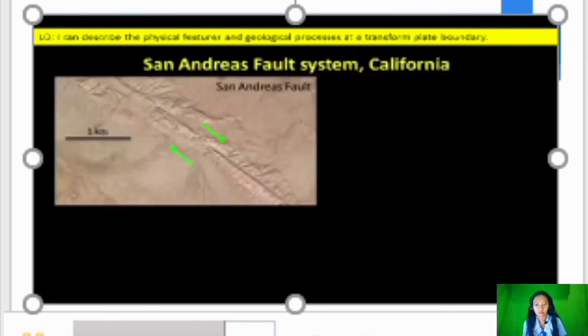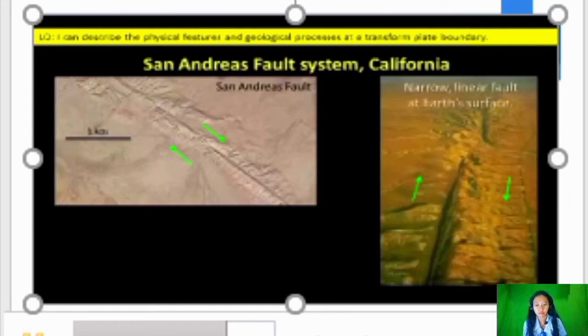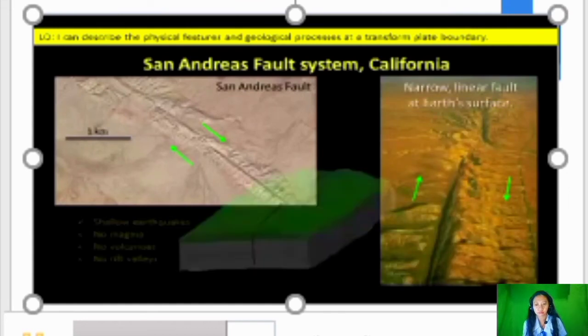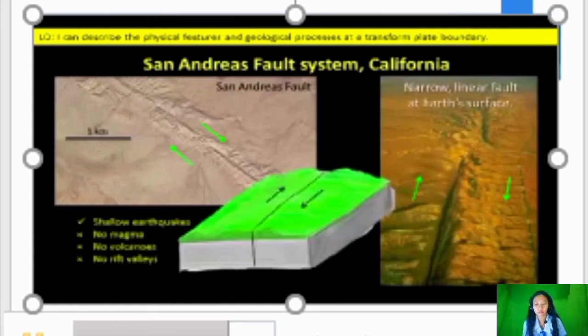Examining the feature on the ground may reveal a linear fault scarp produced by erosion along the line of the boundary, or may just show a relatively nondescript surface with little to indicate that a major plate boundary is present. Unlike the depictions in some movies, movement along a transform plate boundary doesn't generate a gap or chasm at Earth's surface. While earthquakes may occur along these boundaries, there are no volcanoes, rift valleys, or mountain ranges characteristic of other